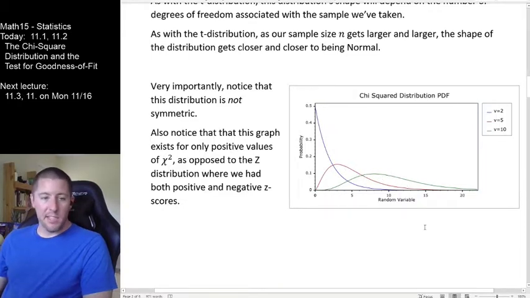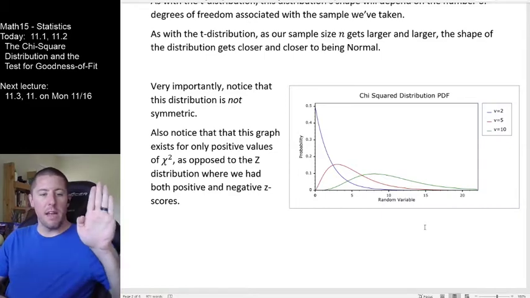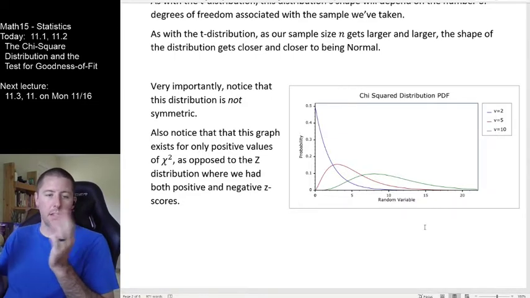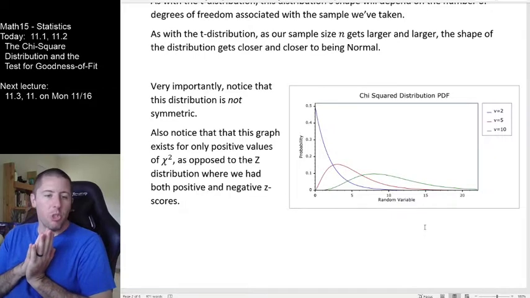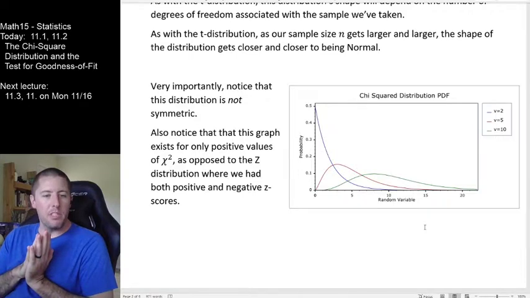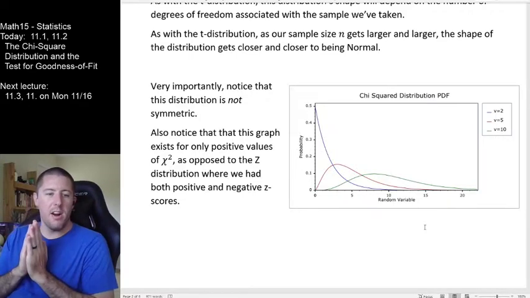So a couple things again to notice here: this is not a symmetric distribution. You should notice that we do not have equal left and right sides. That's going to mean that we need to treat the left and right sides of this distribution independently. We can't do things like we've seen in the last couple of weeks, where if we were looking at a two-tailed hypothesis test, to compute a p-value, we could compute just the area in one tail and multiply it by 2. We can't do that anymore,